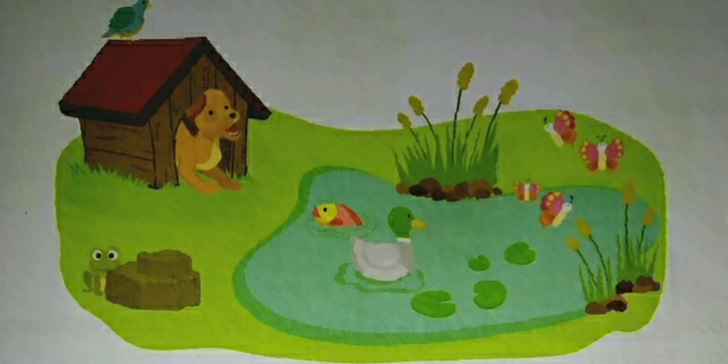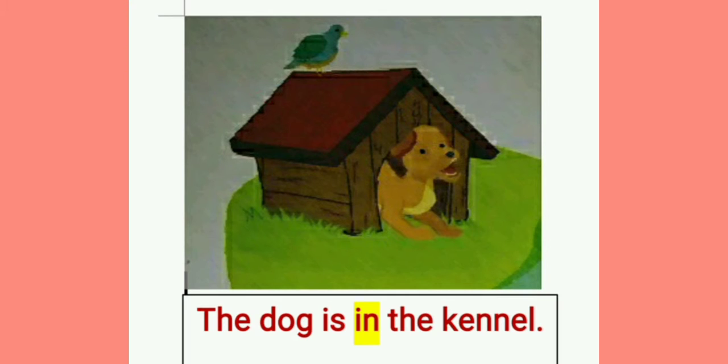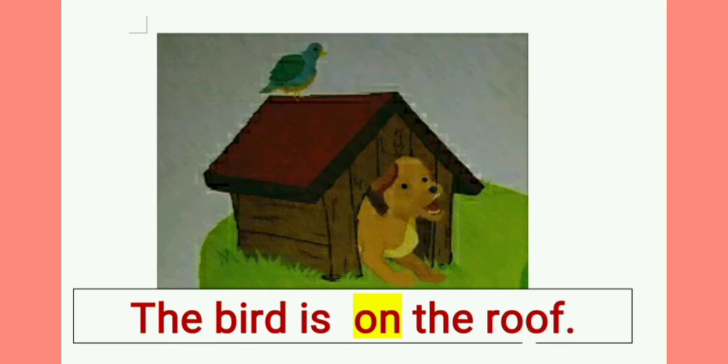Now look at this picture and see the position of animals. The dog is in the kennel. Here the preposition in is used to refer something that is inside. Next one, the bird is on the roof. Here the preposition on is used to refer something with a surface, and it shows the relationship between the bird